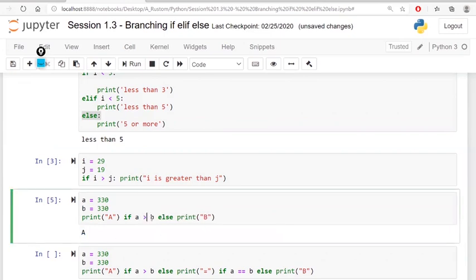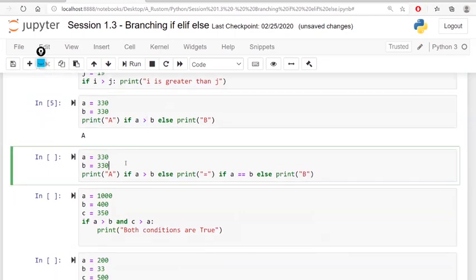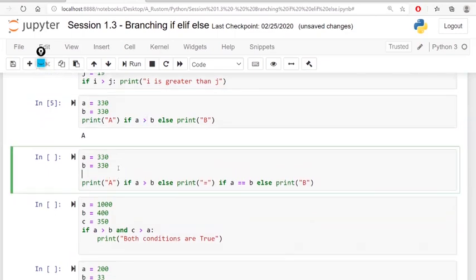All right. Now again, let's interpret. So there are different ways of writing a code. That is what we are trying to understand here, right? So in this case, what is happening here? Let's understand. Here I am saying print A if and only if A is greater than B, right? Which is false in this case. Then it will check the else condition,